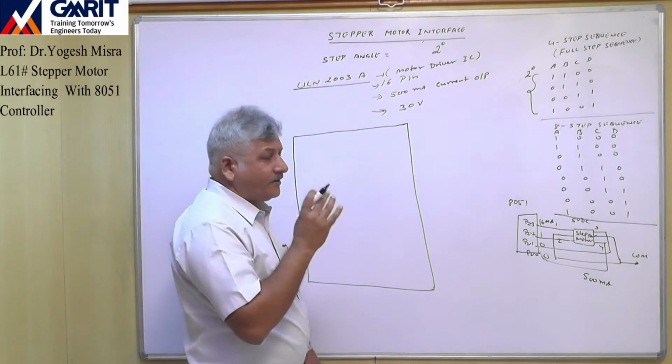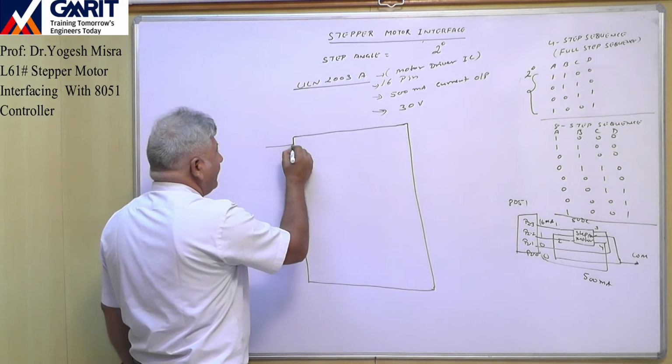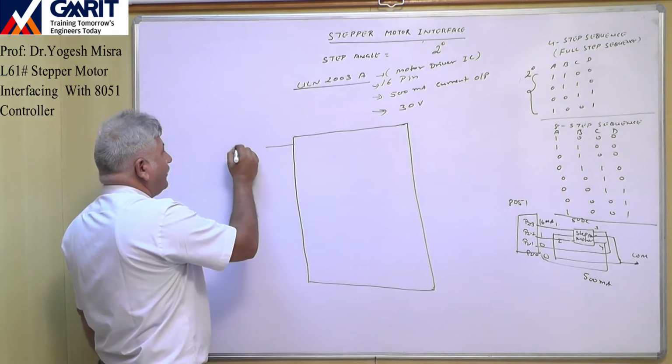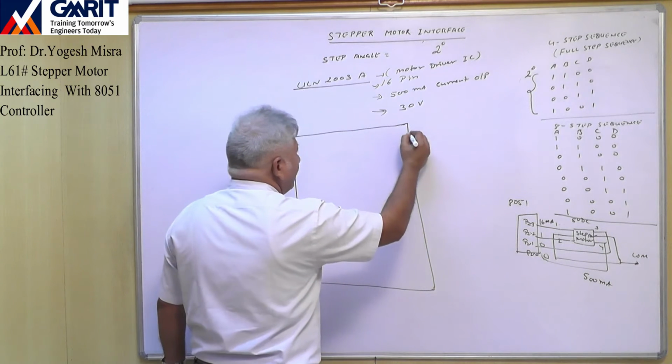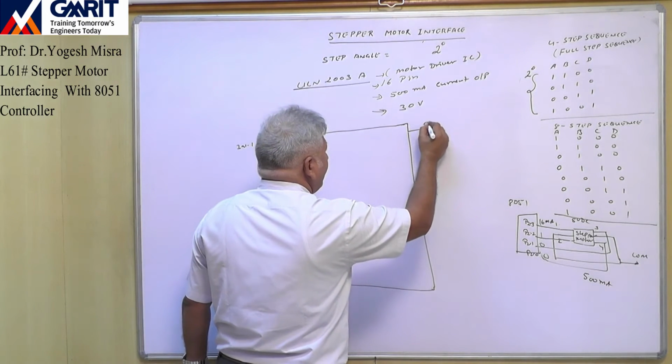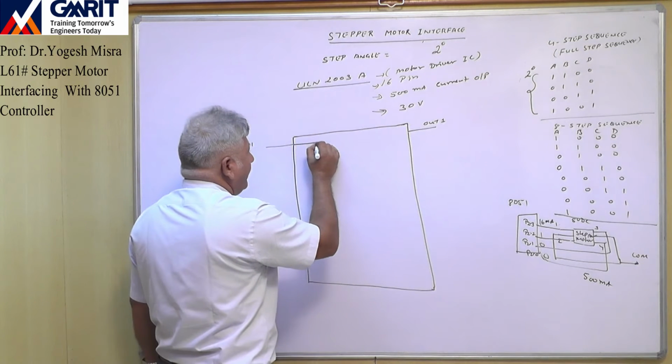It has basically 7 channels. 7 channels means this is input number 1, and corresponding to this you will get one output number 1, and internally